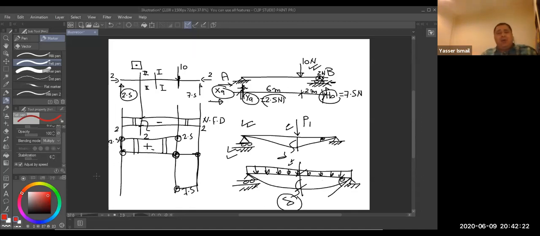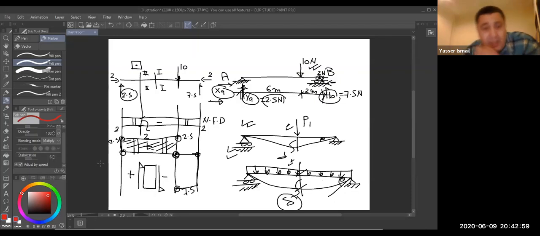Now, what does it mean if the shear force on the left-hand side is up? This is a section. Here is your section, and the force on the left-hand side going up is positive. On the right-hand side, going down, it's negative. Where is your left-hand side? Left-hand side here. So all this area gives me positive shear forces.